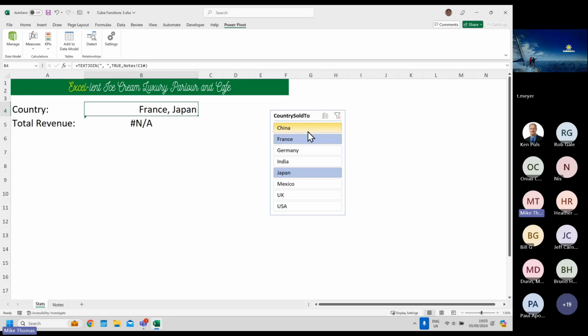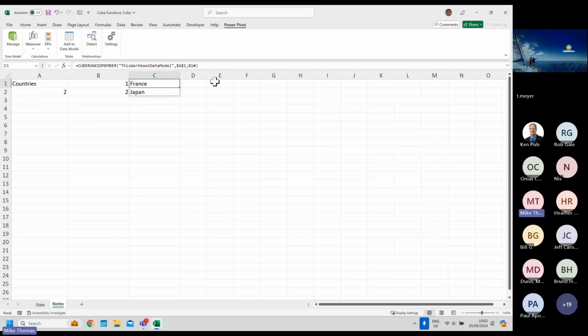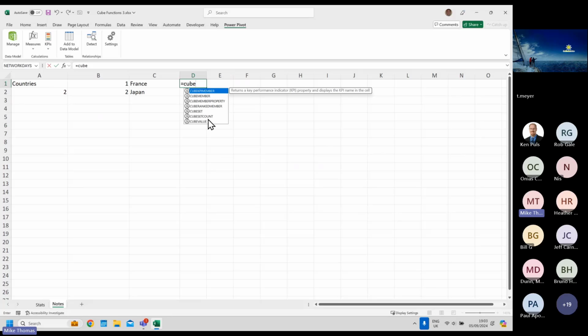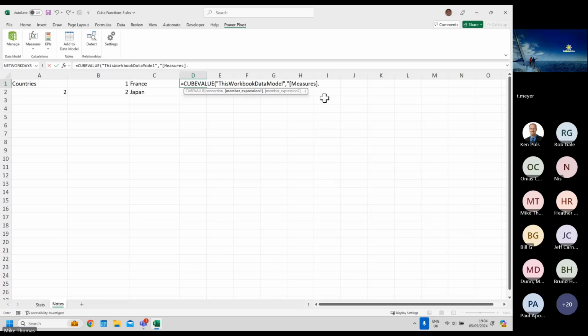And what I then need to do is go back to the note sheet. This is the final bit. Go back to the note sheet, and I need to create a CUBEVALUE function. And this is what's going to generate the revenue. Okay, so I want my total revenue, which is there,